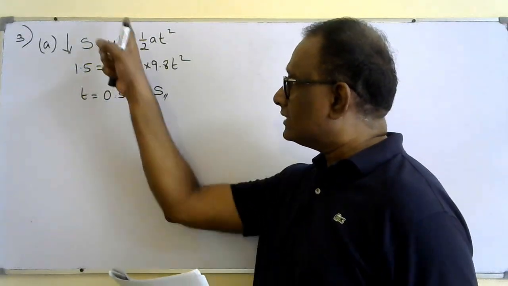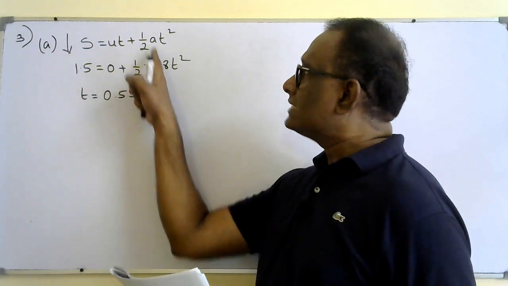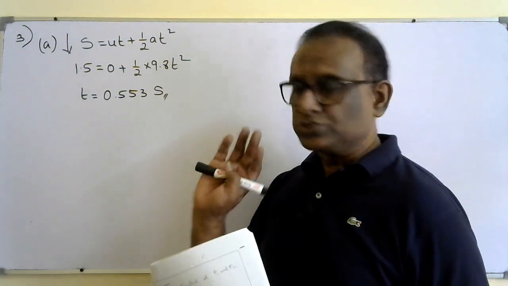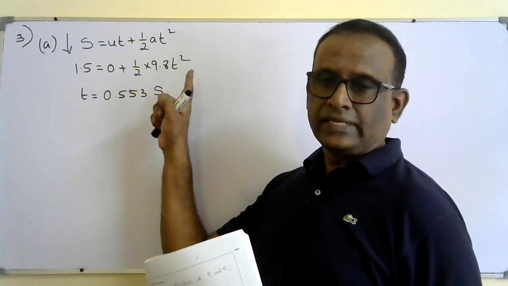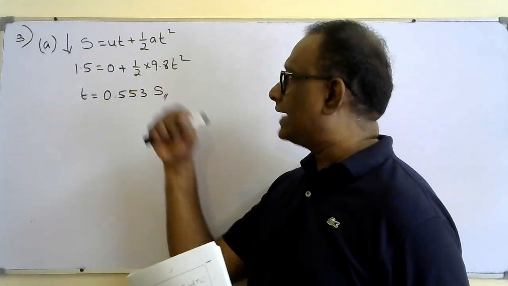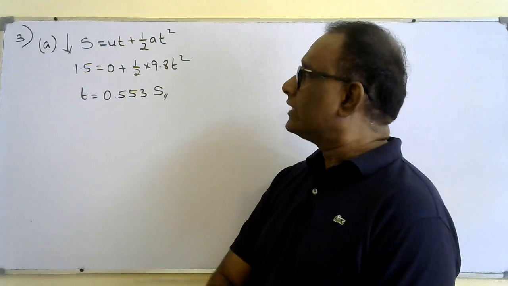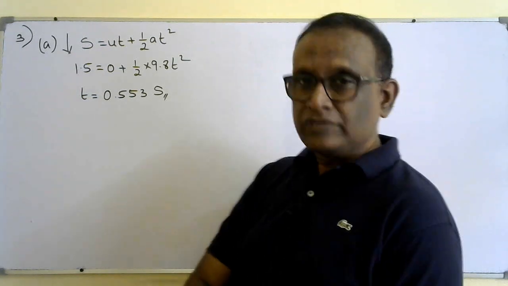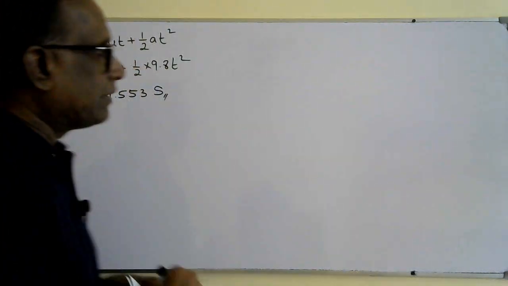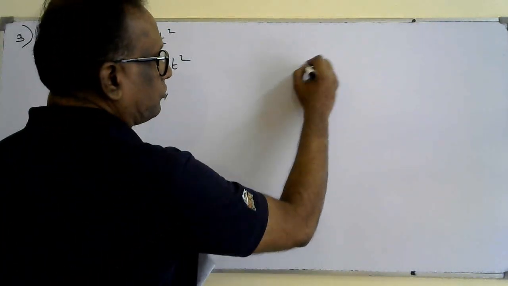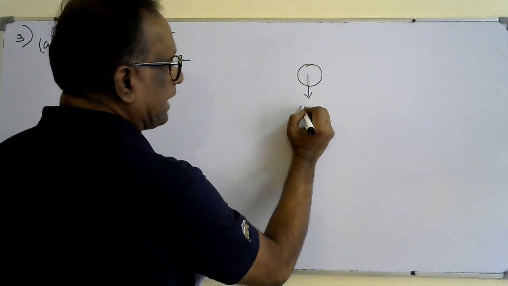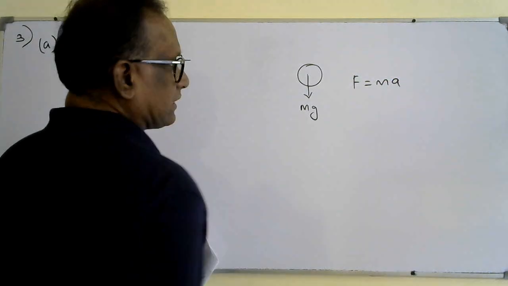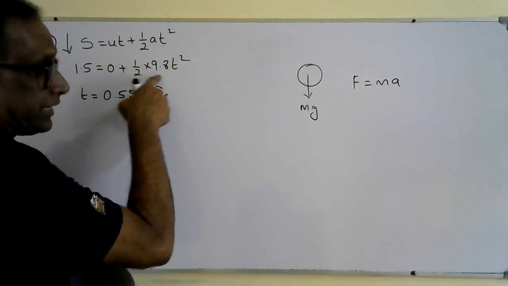But here we don't consider the resistive force. We assume a is 9.8, which means we don't consider resistance. That is actually 9.81, but in mechanics we use 9.8. We don't consider any resistive force in this one, because the only force acting on the object is the weight. If there is an object and the only force acting on it is the weight, mg, and you use F equals ma to find the acceleration,